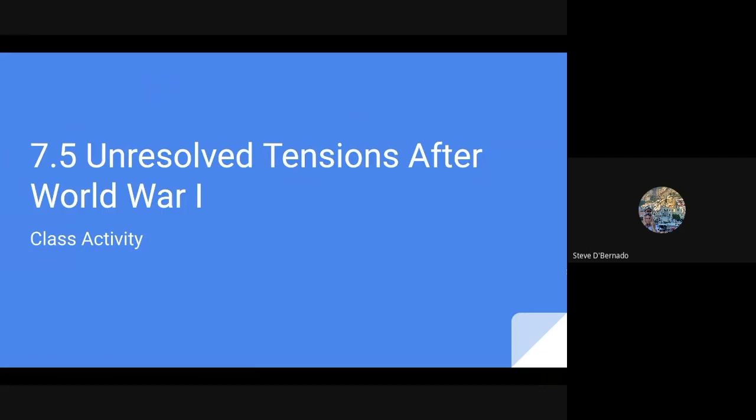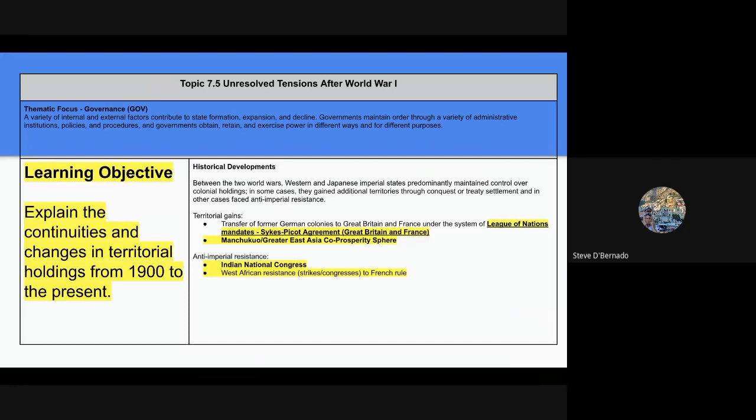Okay, and welcome to Unit 7, Topic 7.5, Unresolved Tensions After World War I. Here's our class activity for the day. Our learning objective is to explain the continuities and the changes in territorial holdings from 1900 to the present. Now, let's zoom more into the specific historical developments that we need to know in order to be able to